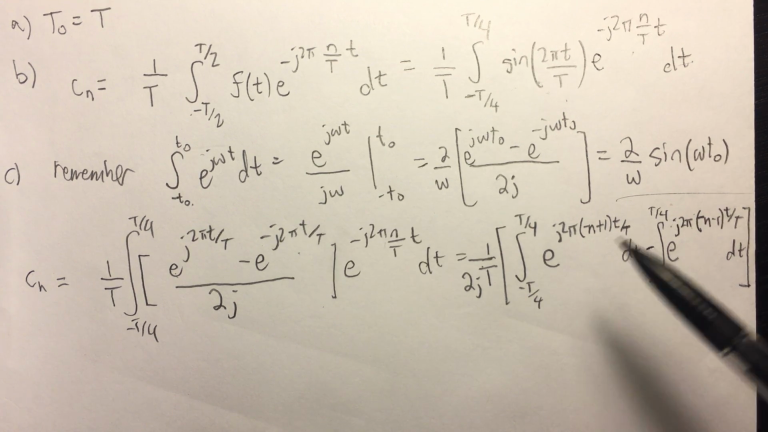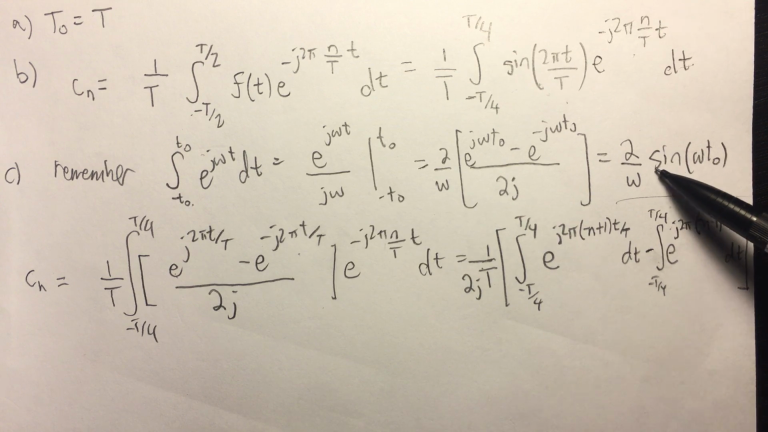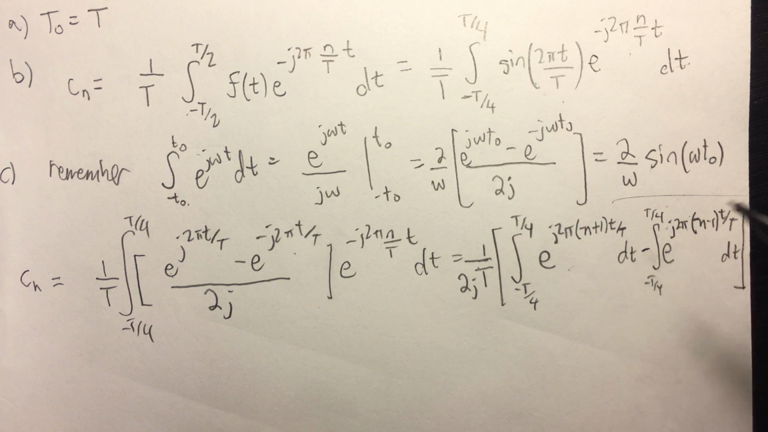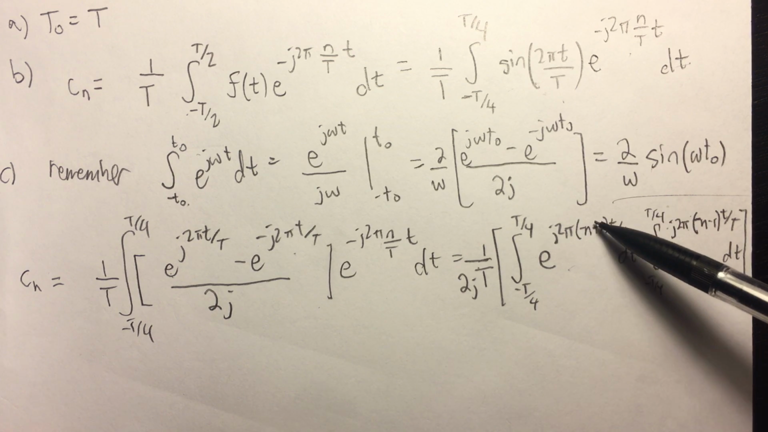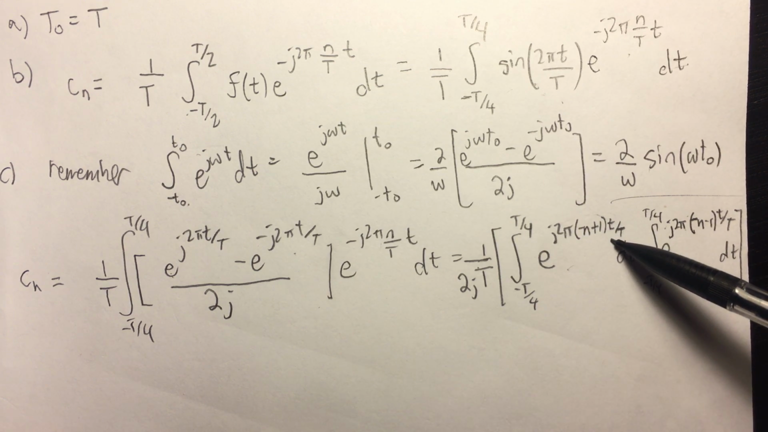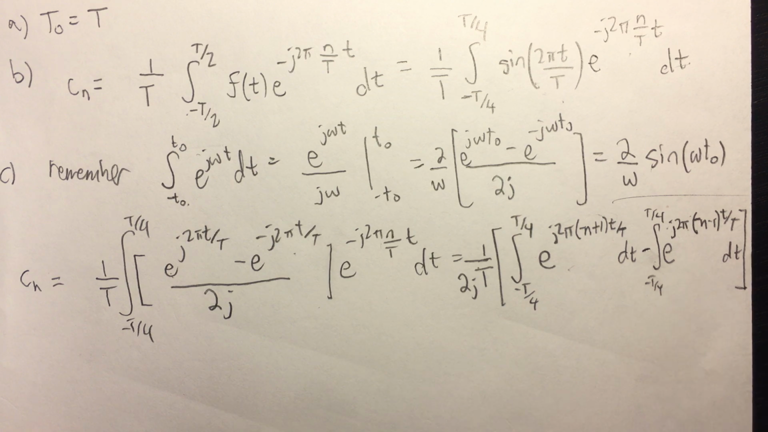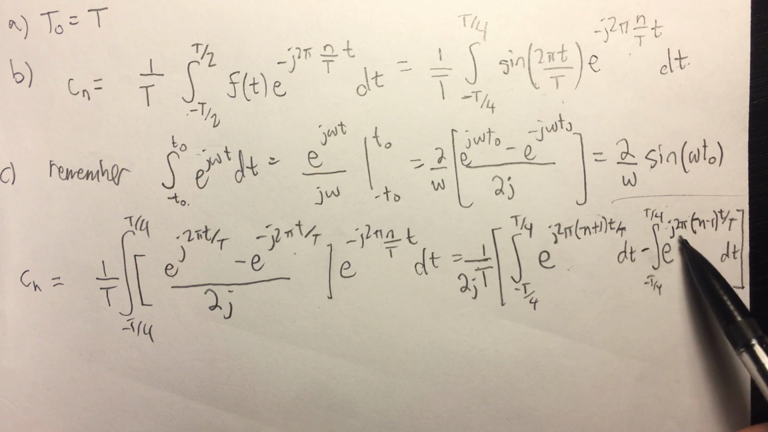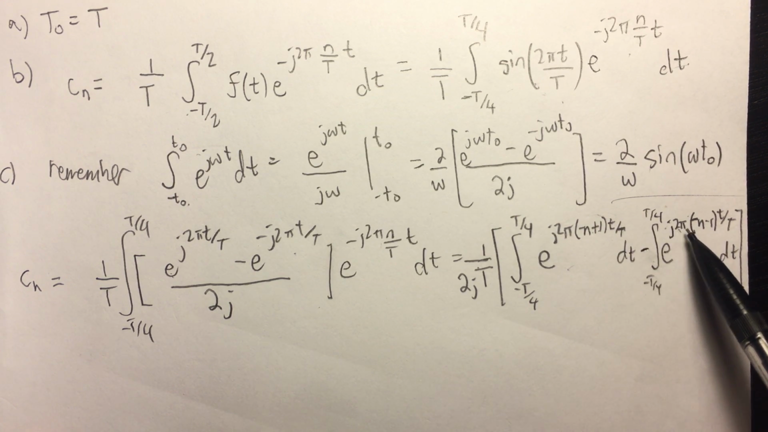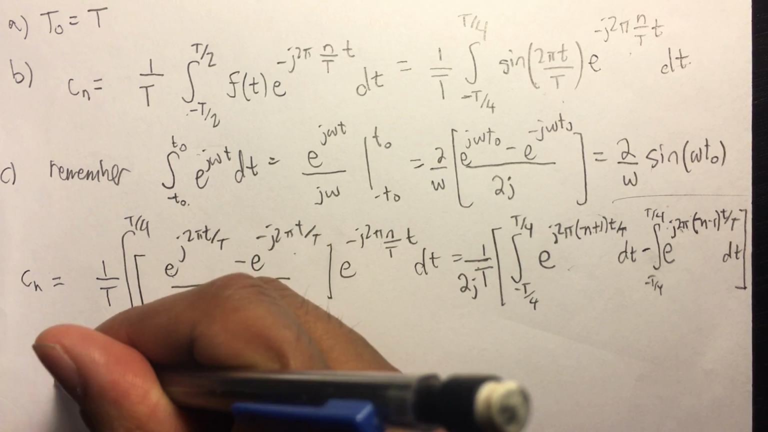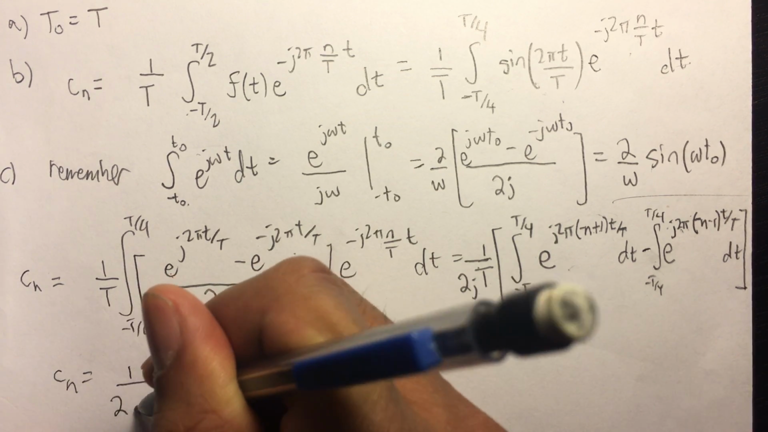So then we recognize these integrals as showing up here, right? So the question is, what is omega? Well, omega is whatever is in the exponent multiplying t. So for the first one, omega is 2 pi times minus n plus 1 over big T. The second one, omega is 2 pi times minus n minus 1 divided by big T. Okay, so this is going to leave us with 1 over 2jT